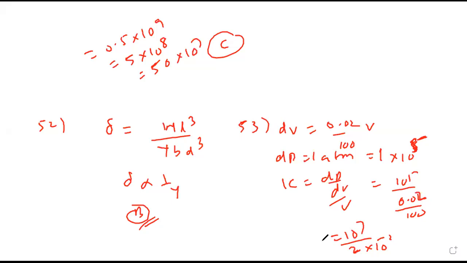We took 1 atmosphere as 10 raised to 5, na? It can't be 10 raised to 8. We know the value. Then 100 atmosphere will be 10 raised to 7 now. They have taken pressure of 100 atmosphere. I wrote 1 atmosphere only. With 100 atmosphere, it will become 10 raised to 2 more. So 10 raised to 9 you will get. In that case, it will become option D.